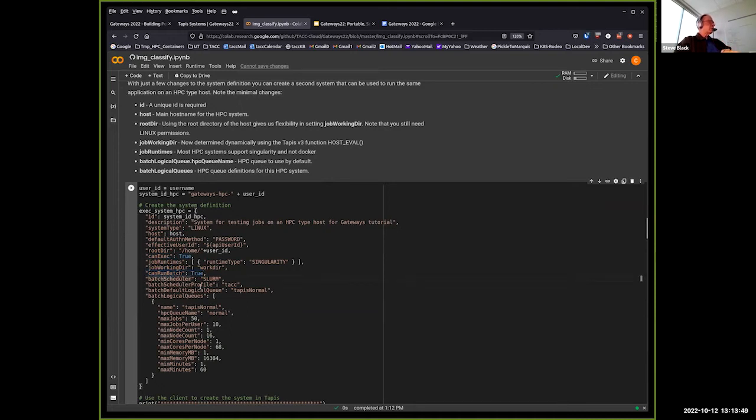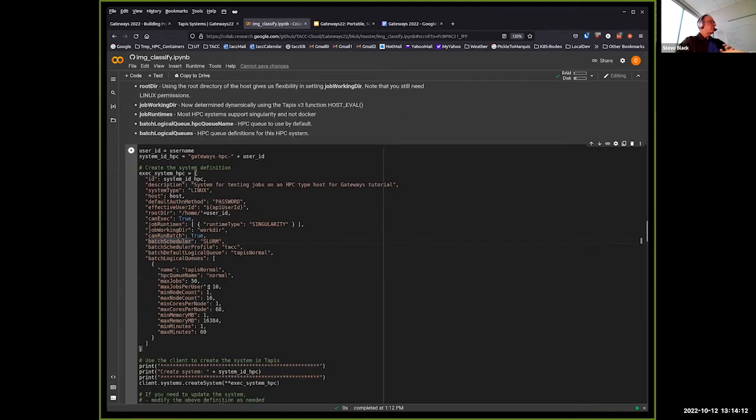There's something called a batch scheduler profile, which essentially encodes some things unique to, a lot of times, an HPC center. For example, the module load command is not the same everywhere. So that profile contains things like the module load command and the modules you want to always load. And then we also need to tell it what queues or partitions are on that host, what HPC queues. So I won't go into a lot of detail here, in the interest of time, but